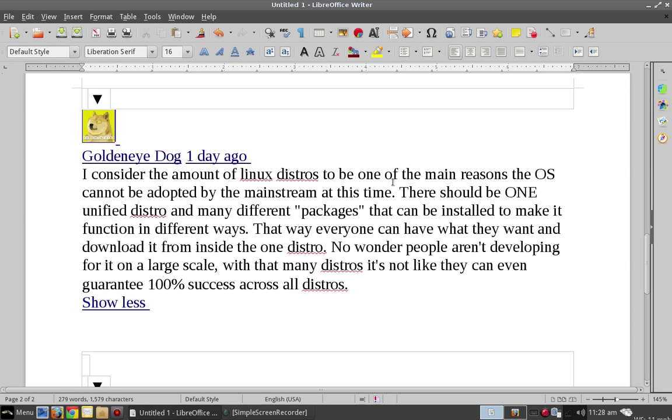And anytime you get a community of people together, you're going to have differences of opinion. And the different distributions of Linux represent a group of people, or even sometimes one person's opinion on what they think will work best for them, and they want to share that with other people. This is why there are so many distributions. And the other thing to keep in mind is that the one thing that keeps all the distributions different from one another more than anything else, it's not just what desktop environment, what tools are included, and all that other stuff.